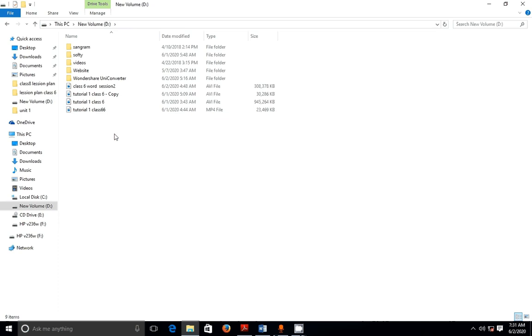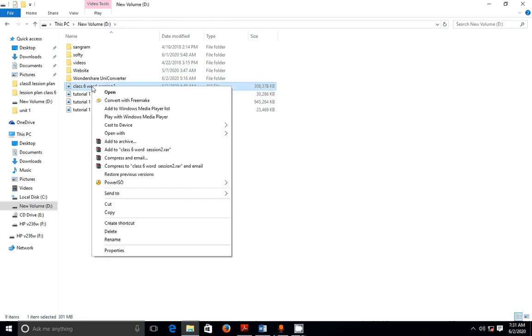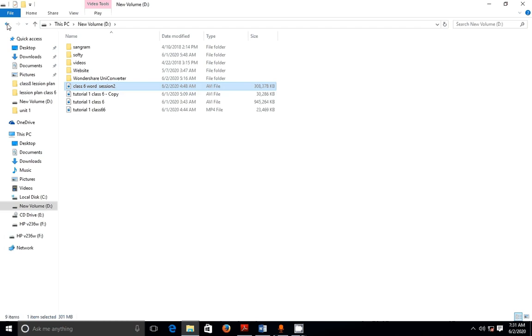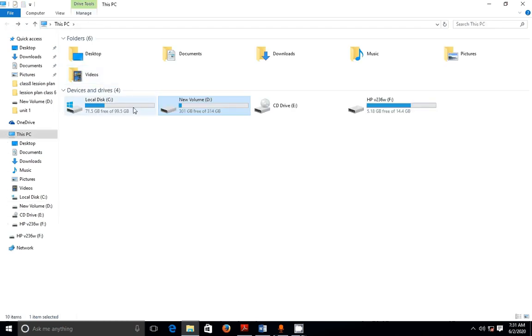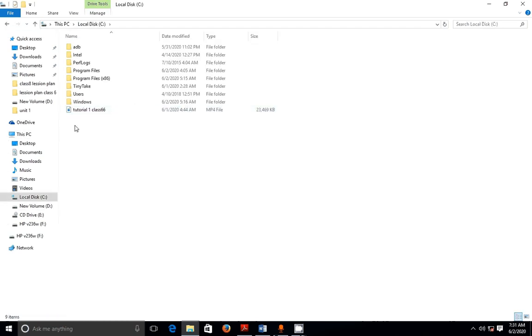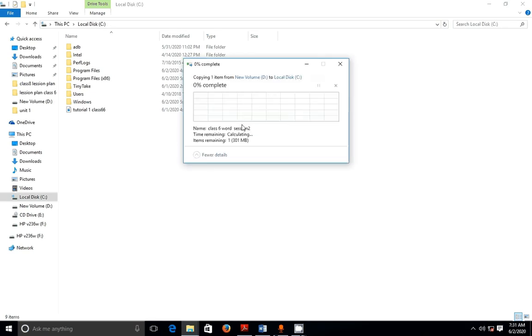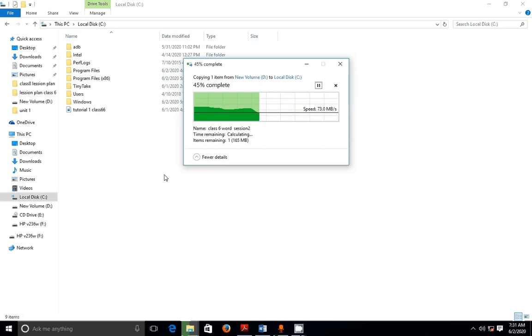Again I will show the practical. Suppose I want to move this file. Click on this file, right click using the mouse, then copy, then the back button, then click here and right click again and paste. Just copy and paste.